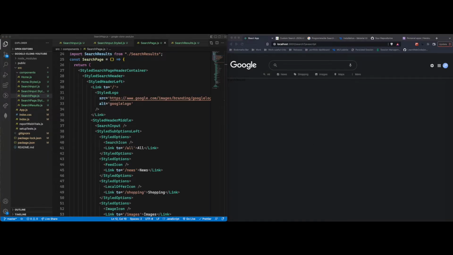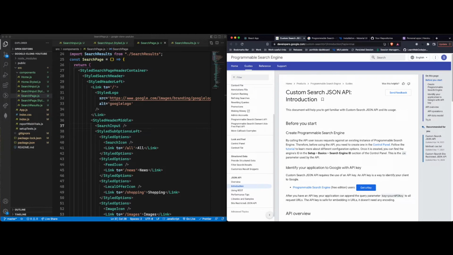So what do we want to do? We want to make use of that data, right? So let's start integrating our API first. Once we get the data back from the response, we can start working on mapping that data out on the search results. All right, now what you want to do for your API is search